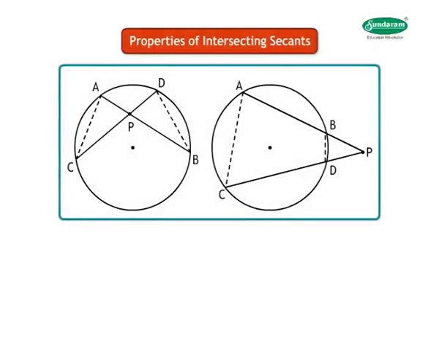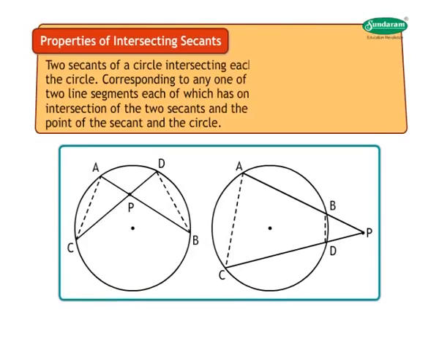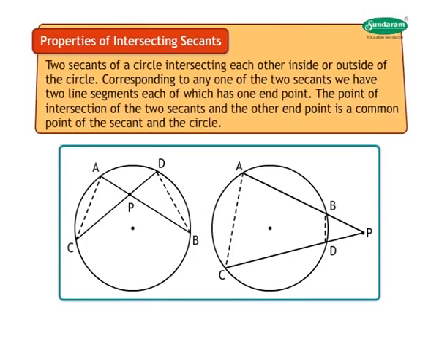Let us look at the properties of intersecting secants. Consider two secants of a circle intersecting each other inside or outside of the circle. Corresponding to any one of the two secants, we have two line segments, each of which has one end point. The point of intersection of the two secants and the other end point is a common point of the secant